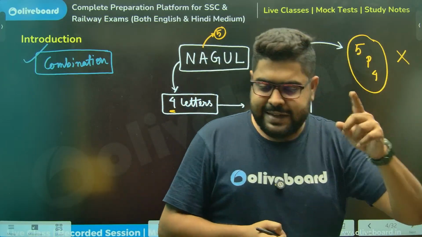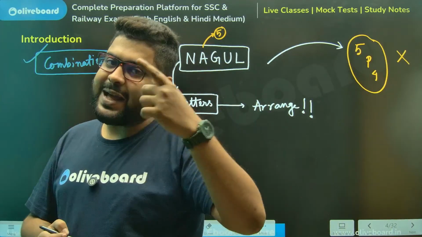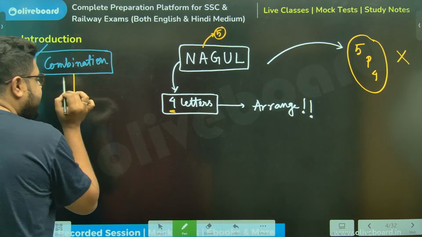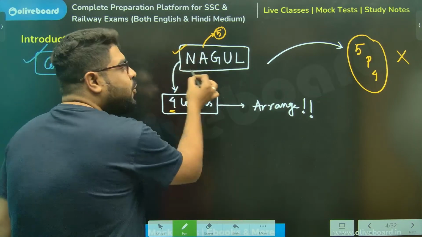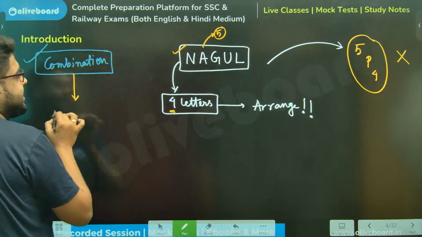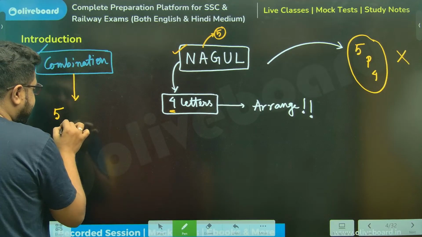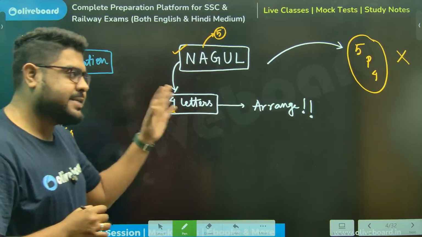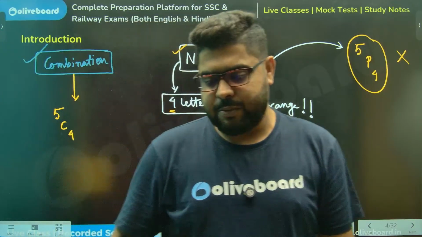Yes, Krishna is correct. This is exactly what I am going to do. Rather, what I am going to write is, sir, first you select 4 out of 5 using combination. So there I will use the combination operator. Instead of P, I'll write C. Now, what is P, what is C? I'll explain in just a moment.